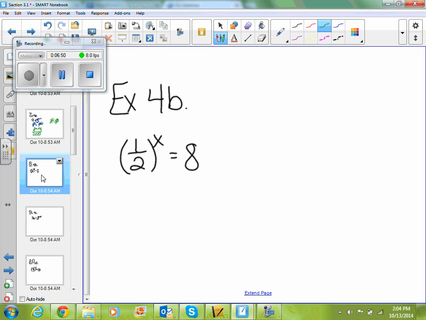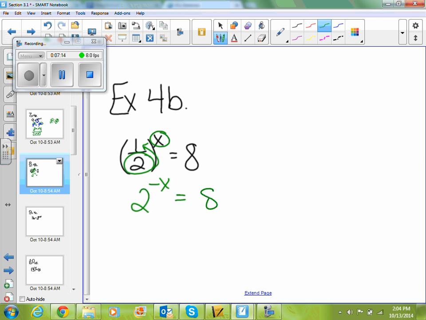Okay, so let's do that again with 1/2 x equals 8. I'm going to try to make bases of 2. You usually want bases of 2 or 3, so I'm going to need this 2 to move up to the top to make it a base of 2. When I do that, though, that changes this exponent to a negative, so I end up with 2 to the negative x